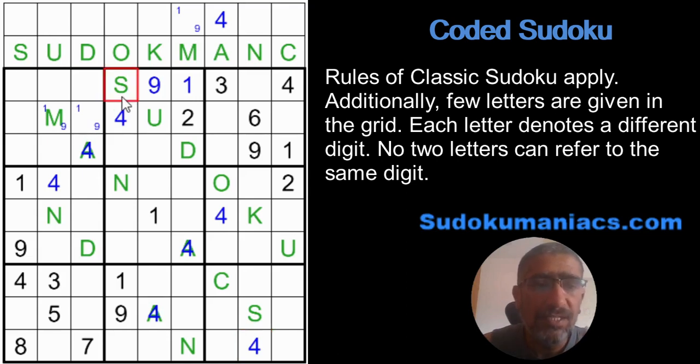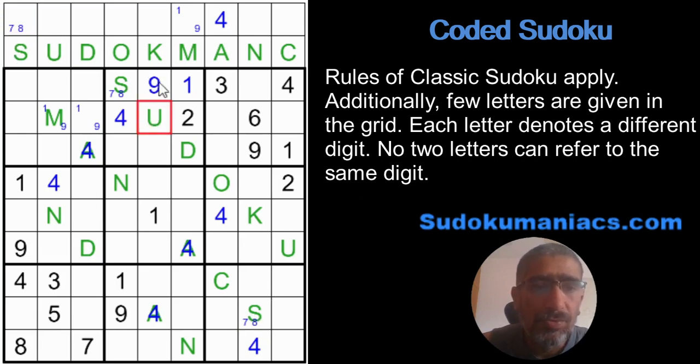Let's look at the possibilities for S. I can't have a 1, 2, 3 or a 4 for the S, right? I have another S here. 5 cannot be an S, 6 cannot be an S, 9 cannot be an S. So which means S has to be either a 7 or an 8, which we mark as a pencil mark and put a reminder there. So that I know the moment I finalize one number for the letter S, at all the instances of S, I can replace it rather than trying to focus on two different cells.